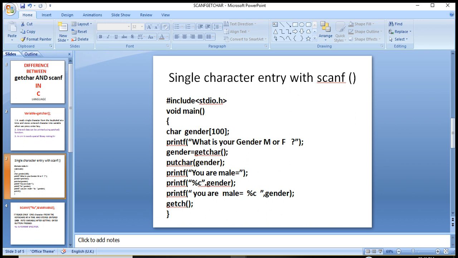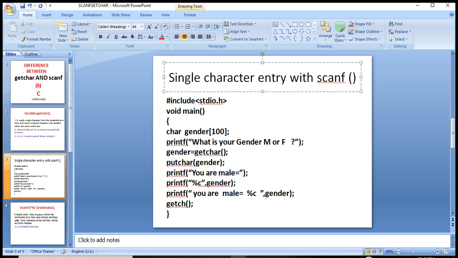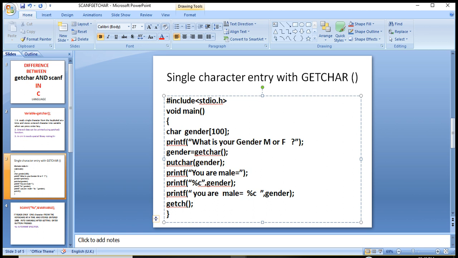Now we learn the program. We learn the program of the getchar function. Hash include stdio.h, void main, curly bracket. Gender is the variable name. It will allow us to take a maximum of 100 characters.